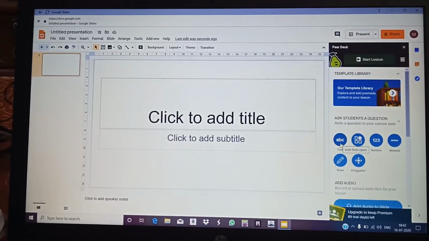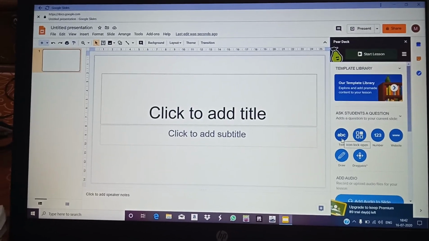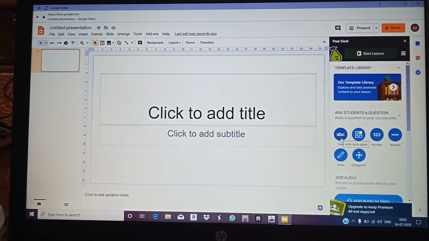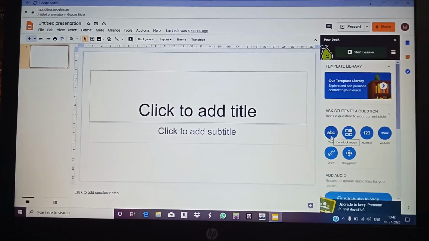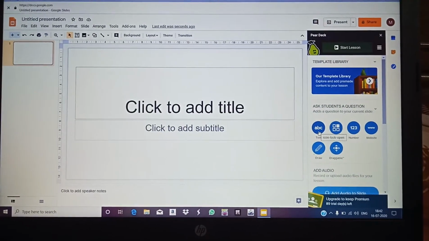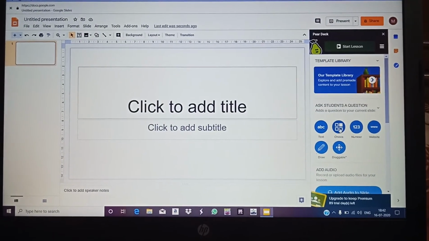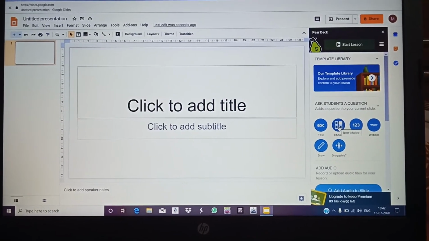What you have to do, this is for open-ended question. This is the format which you can choose for your slide. Like I am making slide number 1 for open-ended question. Children can give their answer as per their choice. So I will click on this ABC text. Number 2 is MCQ type, your choices. So here you will get 4 options.